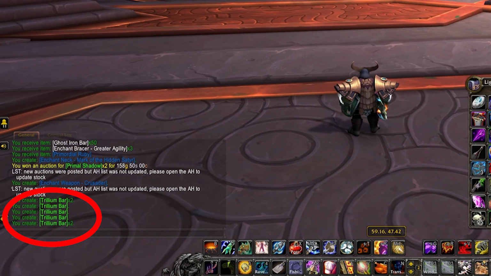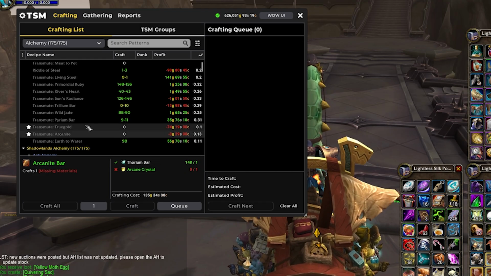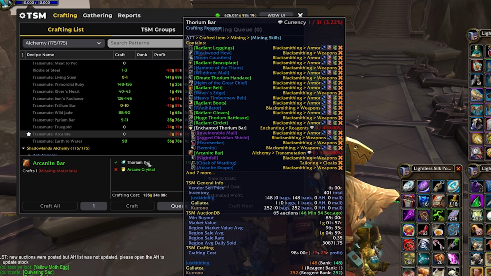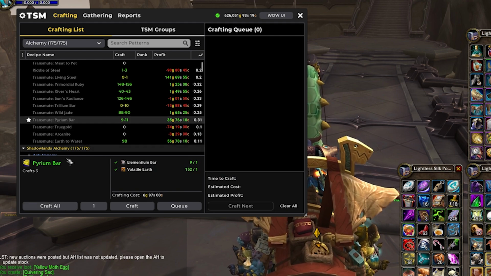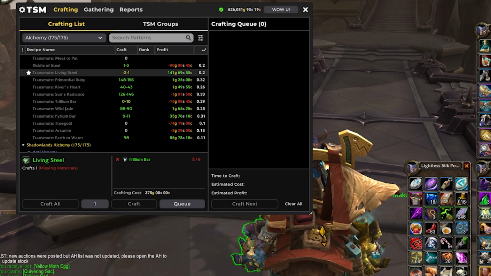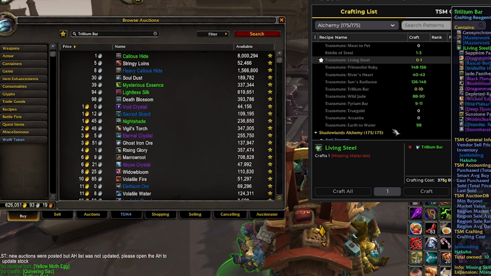But if you average them all out, it's about 20% more stuff. Now, as a quick bonus, a lot of other transmutes are profitable as well, such as Arcanite Bar from Vanilla WoW, and things like some of the rare gems from Pandaria, also Pyrium Bar from Cataclysm, which is used for the Sandstone Drake mount. But one of the easiest transmutes to do is Living Steel because it's just a daily